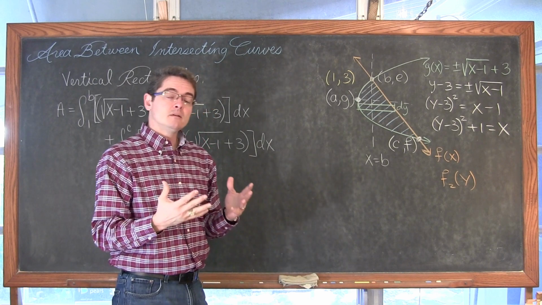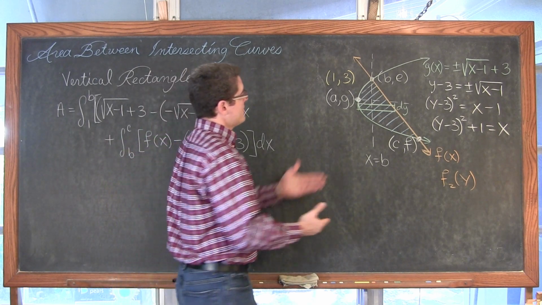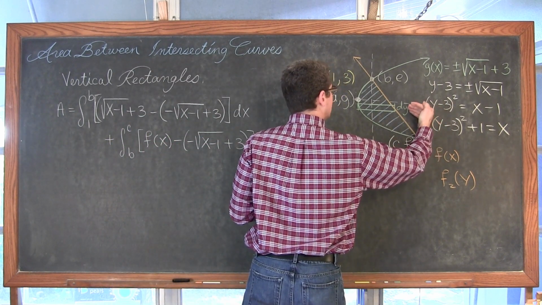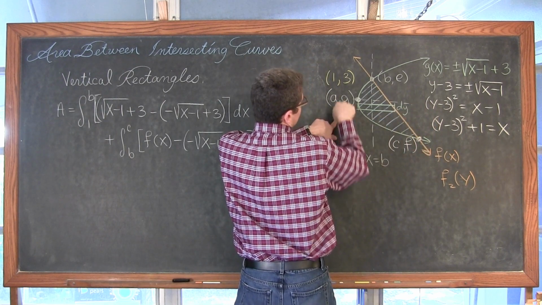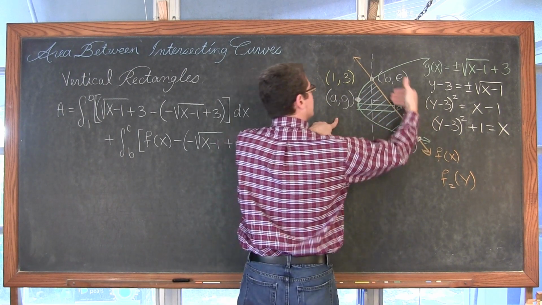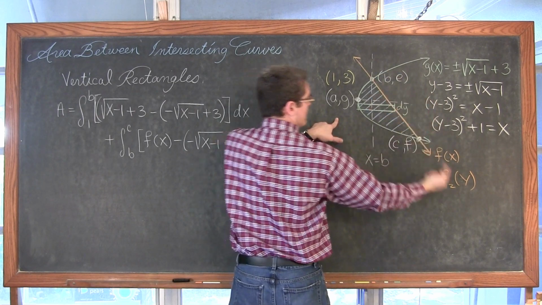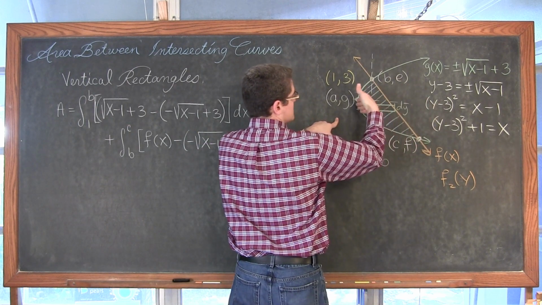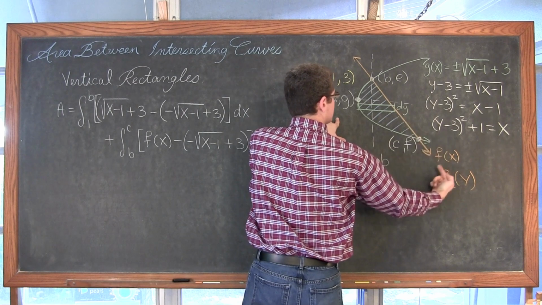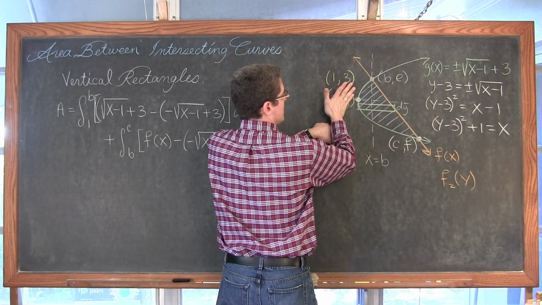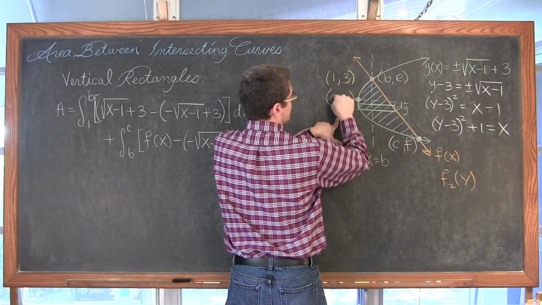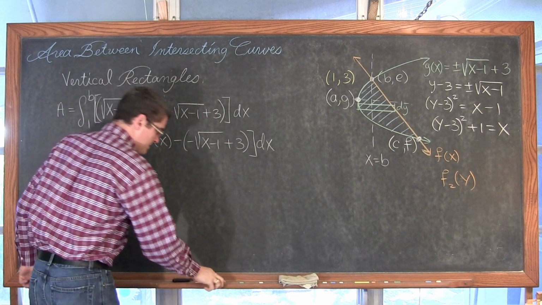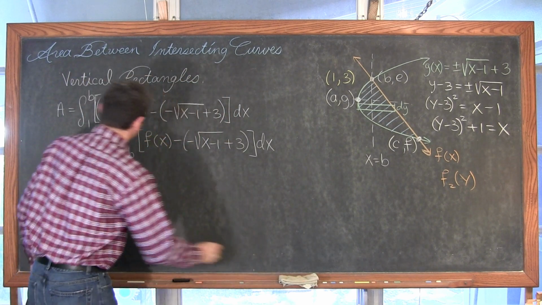Now that would be a lot less work because I still have my intersection points, which we would have to find first. But for any particular value of y, it's my larger x value, right? So I have these larger x's, because if I plug a y into a function, I'd be getting out what? An x. So I have these larger x's, and then I have these smaller x's, so I'll be doing this function, f of x, minus this function over here with these smaller x's for each respective value of y that we'd be plugging into the function. And we would have a simpler definite integral to find the area between those two intersecting curves.